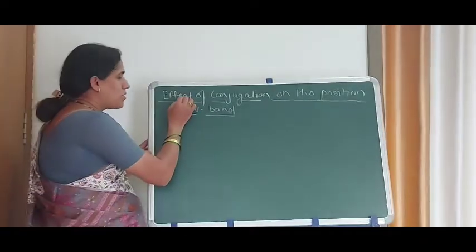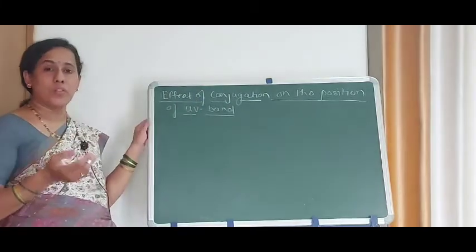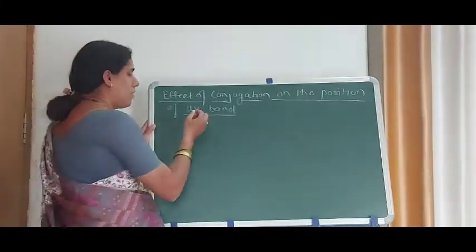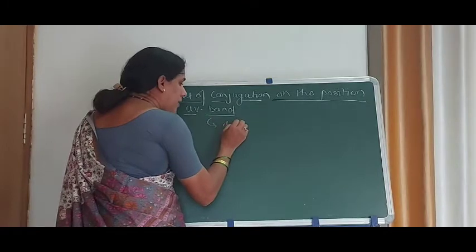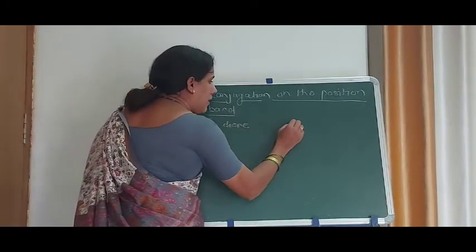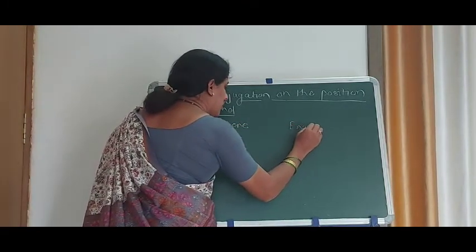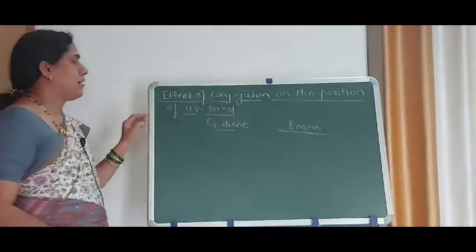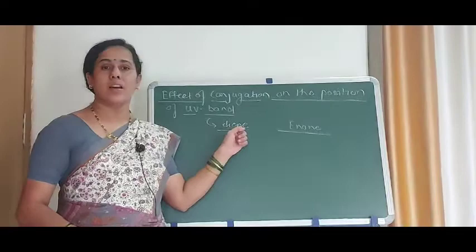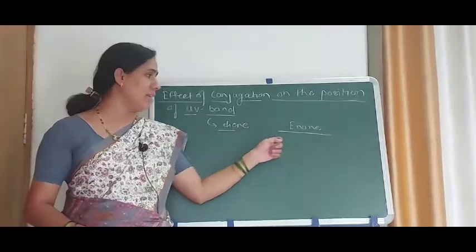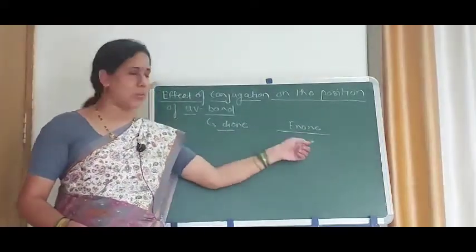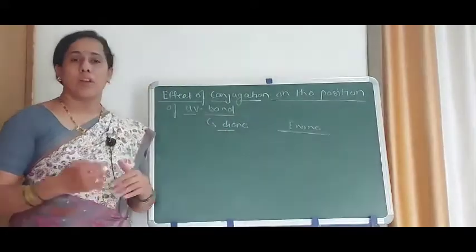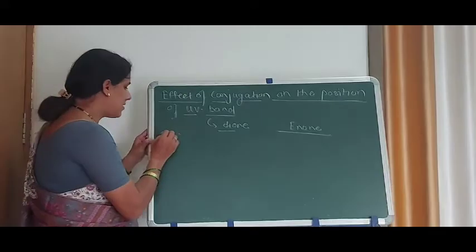Now we have to study the effect of conjugation in the case of a diene and an enone. In this lecture we first analyze what is meant by a diene and what is meant by an enone. Before going to this, we have observed that